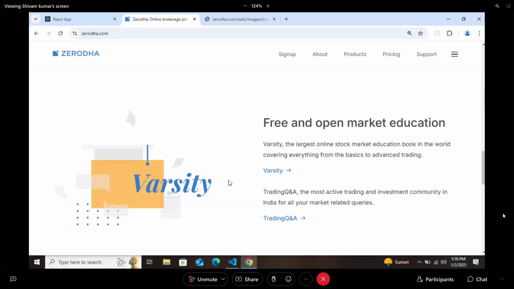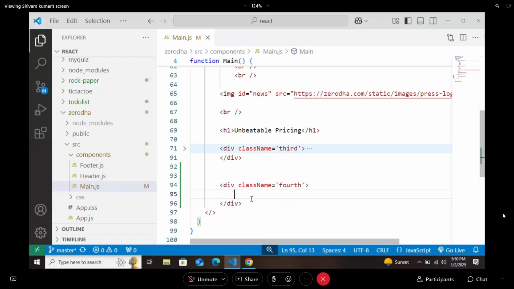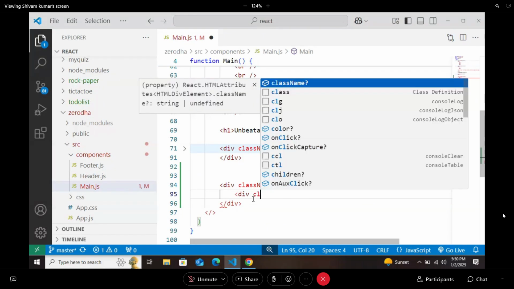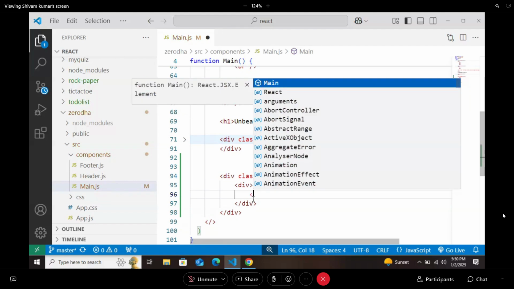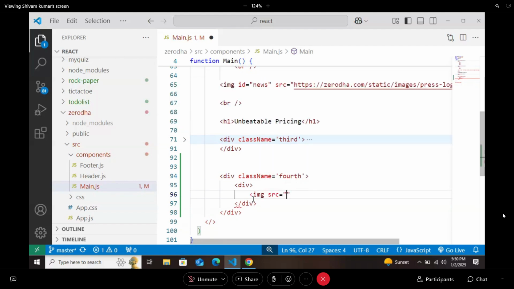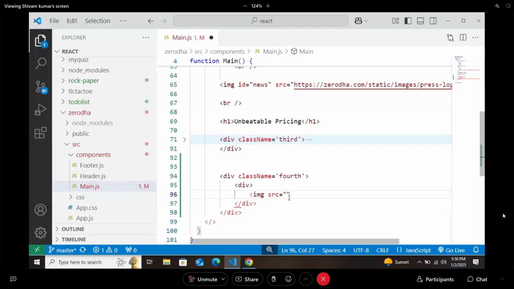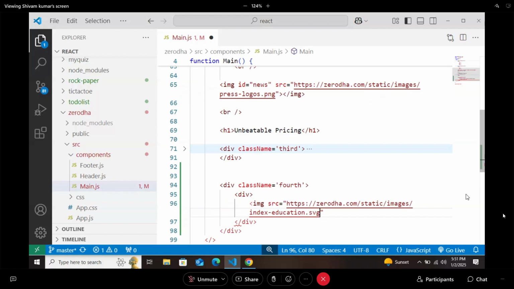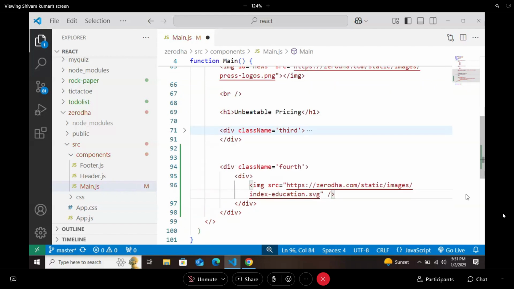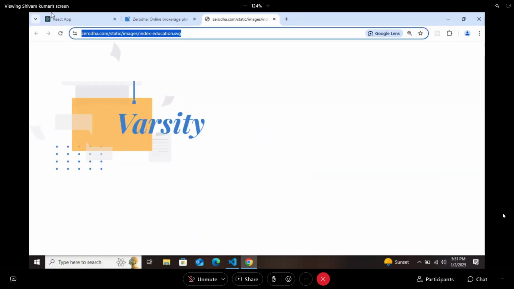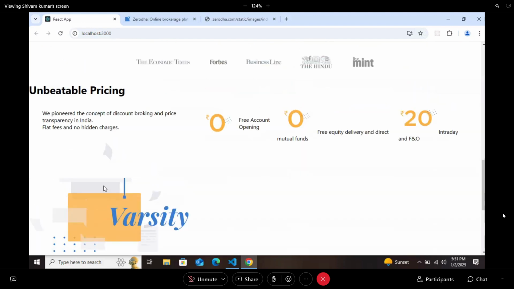Two columns are there. You can keep this image directly because there is nothing with this image, or else you can create a container and keep the image inside that. Both things you can do. So inside the fourth section, let me create a container and then we will write it. Only the dynamic link you can give for the image, and as the image is of the same size, no need to change its size, it will come fine.